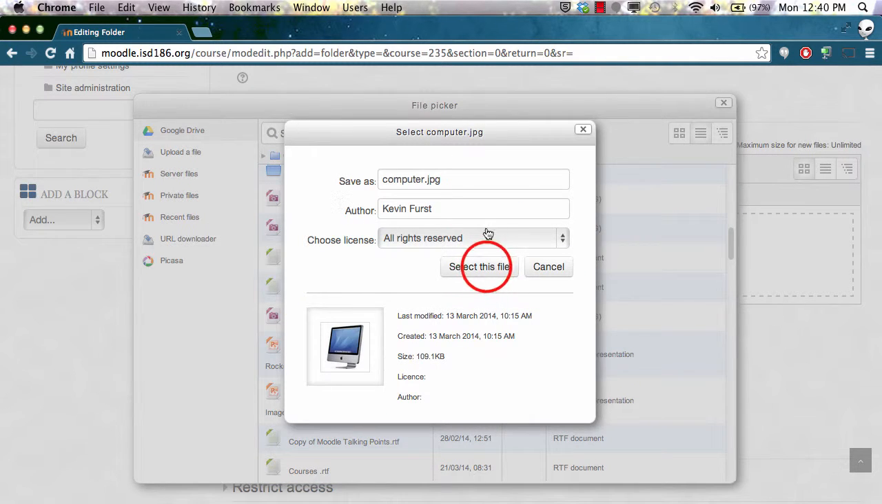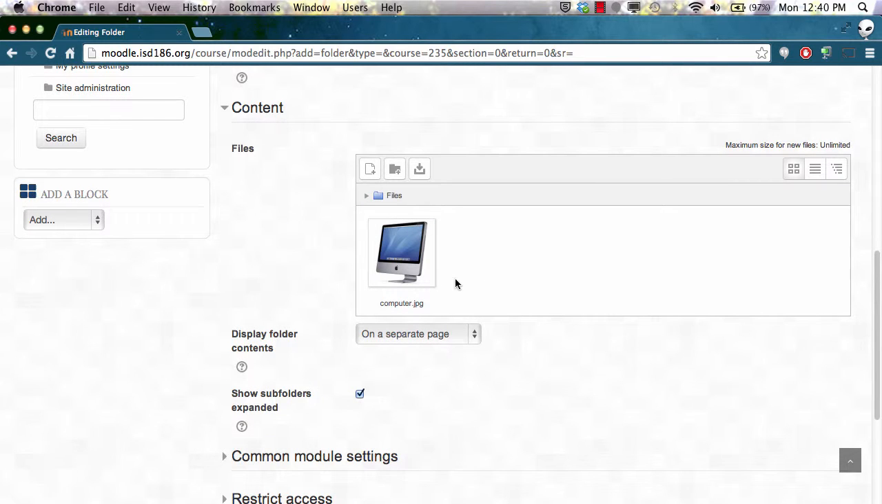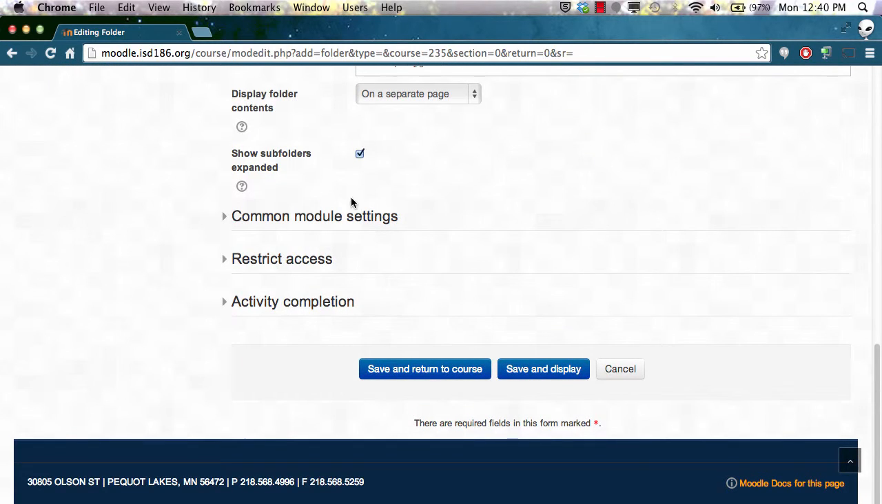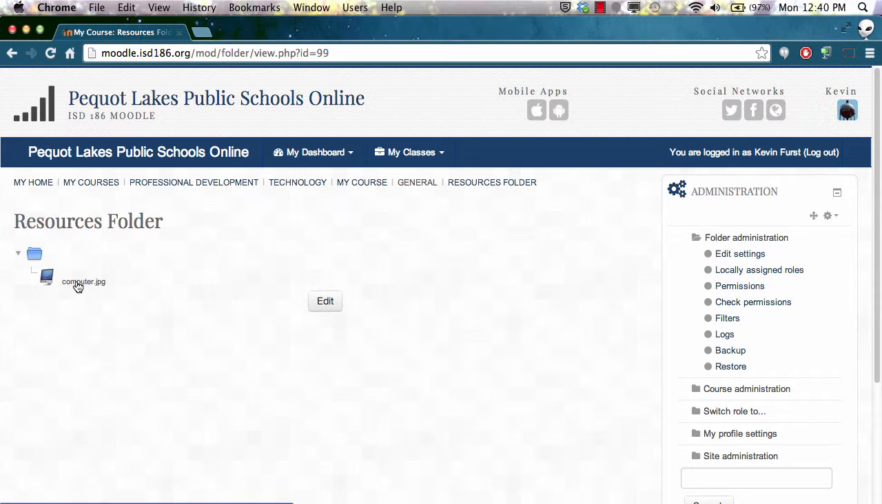So I'm going to select this one, and it's going to grab it from my Google Drive and it's going to drop it in here so that it's available. So again, I can mess with the module settings, the restricting access, etc., but I'm not going to do anything for that. I'm just going to upload it and leave it there. And now you'll notice that there's a folder there, and once I open up that folder and click on it, you'll see that, oh, there's my file that I wanted to share, which was this picture of a computer. So that's how you add in